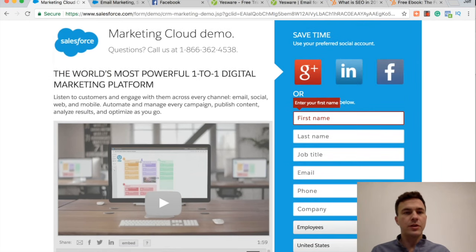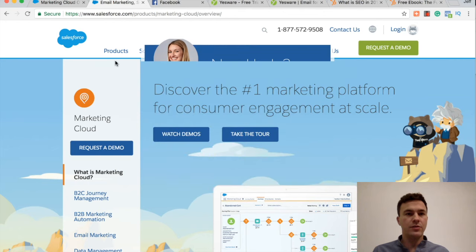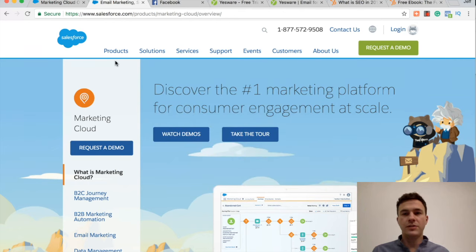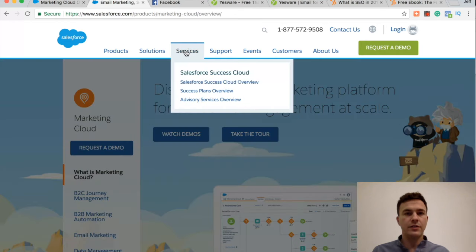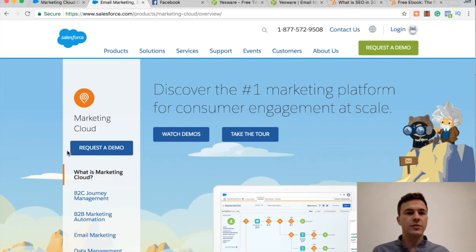And so to compare this to Salesforce's homepage, or even a section of their homepage about the Marketing Cloud, which I found a second ago, it kind of looks like this. One is, hey, do you want to chat with us right now? But you can see from this page that Salesforce is a monster, and I have no idea how many different services. So if you send someone here, yeah, maybe I click on request a demo,